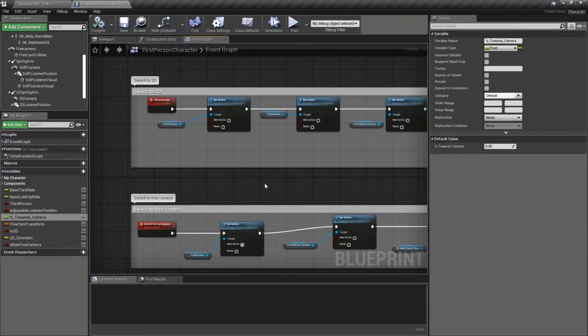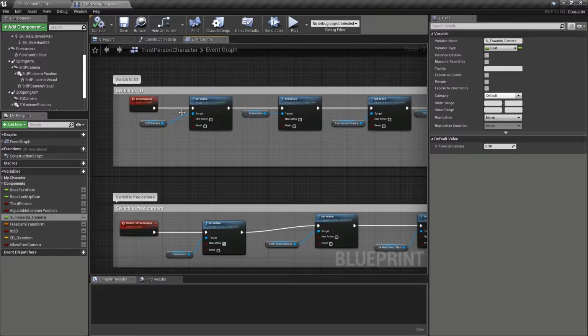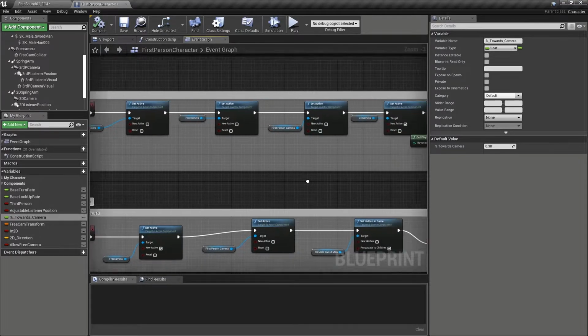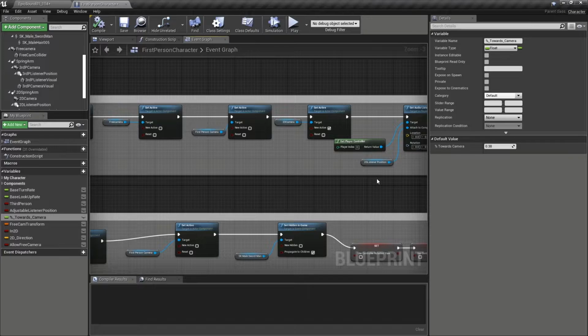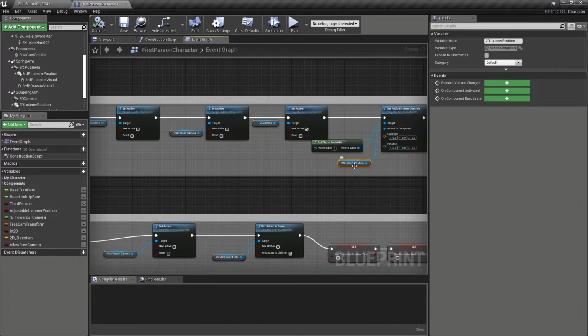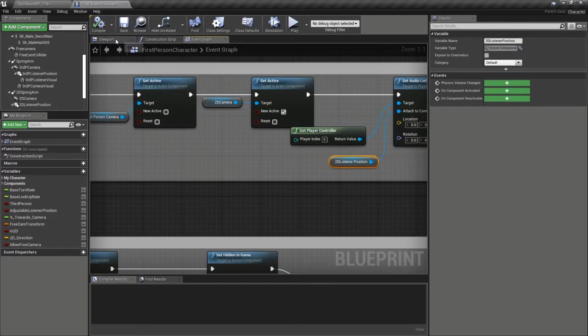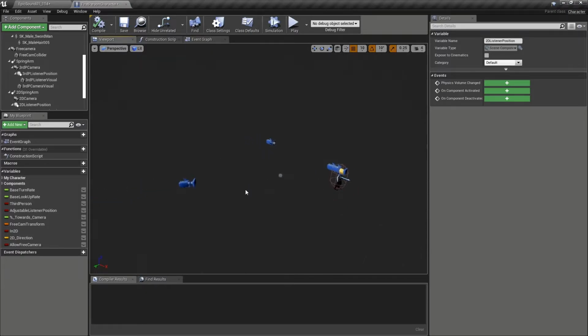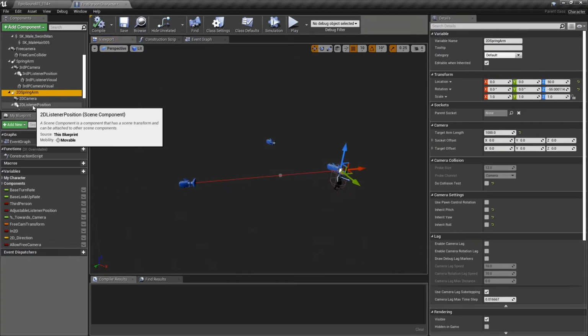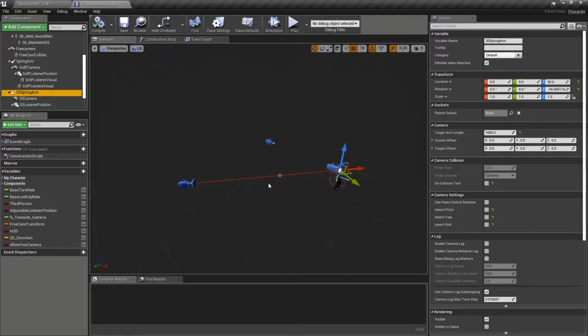We've taken a similar approach to our 2D section here. So we've set the other cameras to be inactive, the 2D camera to be active. We've got a scene component called 2D listener position. And in our viewport, you can see here that that is a child of this spring arm. This time the listener remains at this fixed distance between the camera and the player, so that we don't get the extremes of perhaps listening from the camera and not actually hearing things because of our distance, or listening from the player's perspective and then having the sounds whip too quickly from right to left as the player moves past